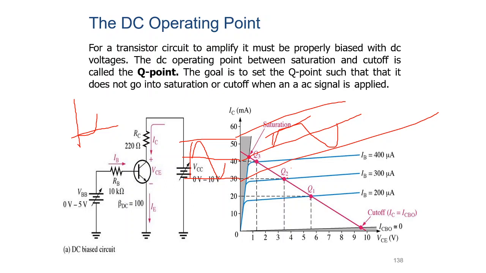In the cutoff region also, the current will not conduct. So if you choose a point near it, the current is not going to be there, and whenever the current is not there, the output voltage will not be present. So once again the same problem: the signal will not be in a proper format and goes for distortion. So preferably, we have to choose the Q point at the center level in order to make the signal an undistorted one.